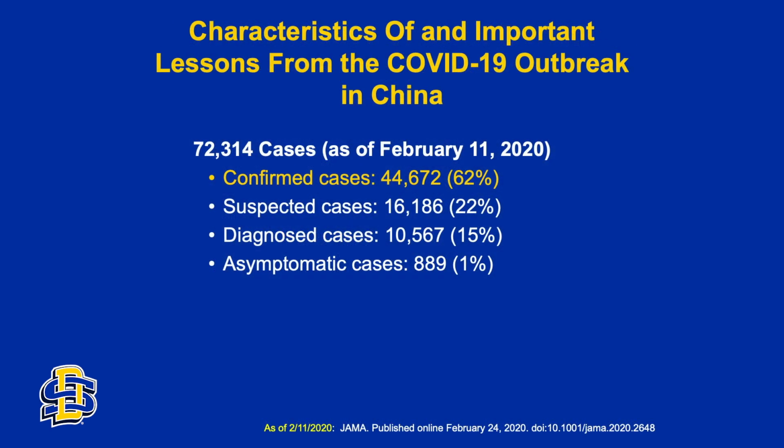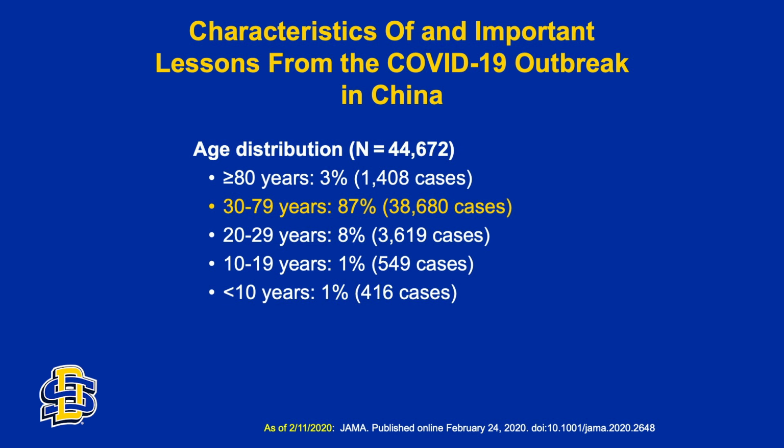There are some studies out of Wuhan that have looked at what happens with this disease. What did they see with it? They confirmed about 60% of the cases. It got to the point where there were so many cases that they couldn't test them all, so they started basing the diagnosis on X-ray diagnosis. They did find that the people who caught this disease tended to be older. There was a higher rate among the older individuals. Very small percent were children, which is good because these viruses often affect the elderly, and if they're affecting the elderly, they also affect the young.